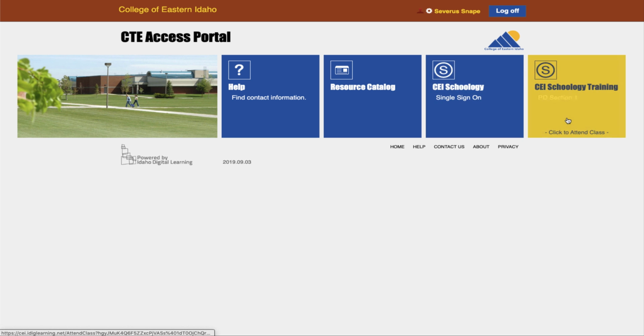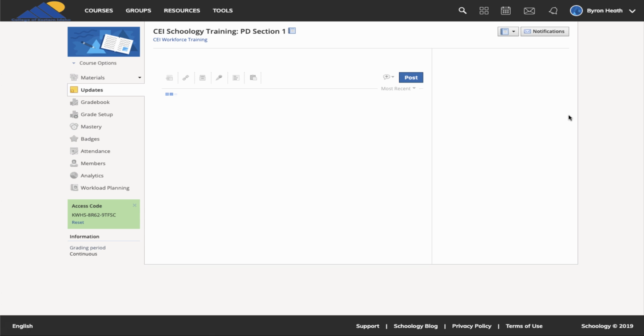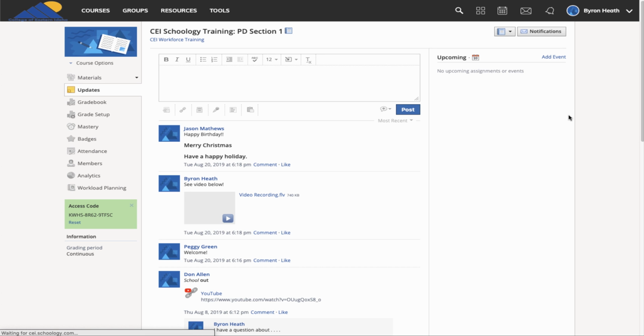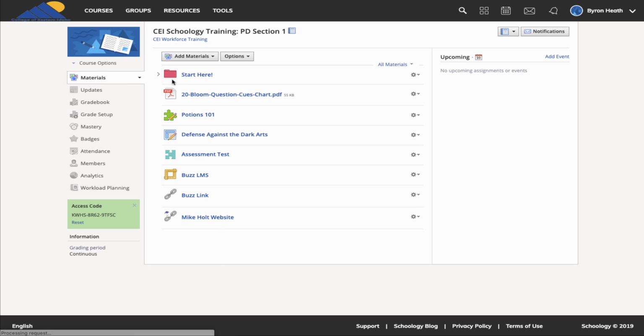Click your course tile and you'll be automatically logged into Schoology. The first page you see will be your Updates section, where you'll see announcements from your teachers. Most of your course tools can be located along the left-hand side, including materials, where you'll find your course content,